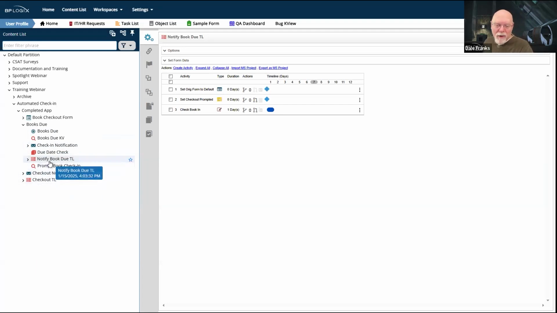Otherwise, if you just return the form and all timeline instances, it's going to return two rows. It's going to return one row for the form with the checkout timeline and one row for the same form instance for the notify book due timeline.